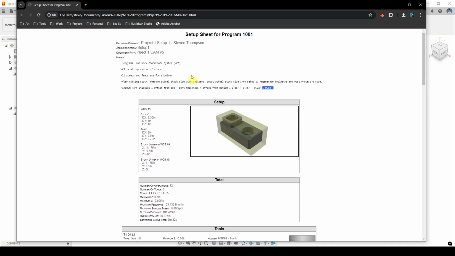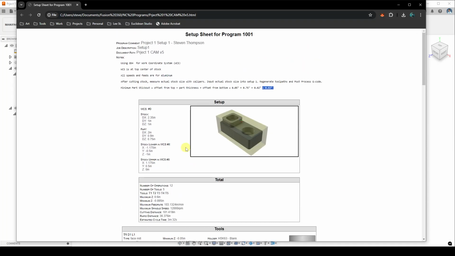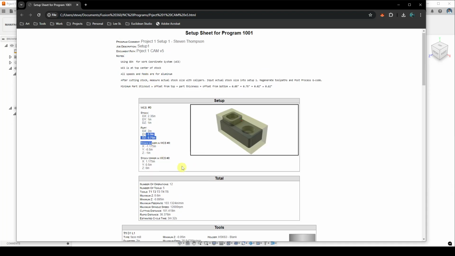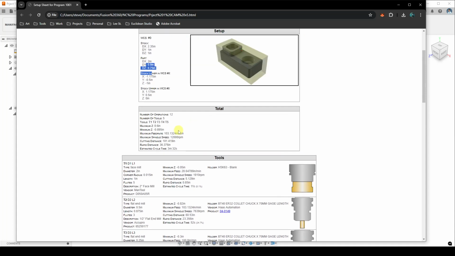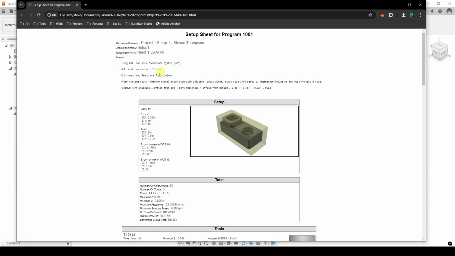Okay, so that is the setup sheet. I would recommend printing this or saving it as a PDF. You just go to your browser and do Control P, or File, Print, and save it as a PDF or print it out. But note that if you make any changes to your program, make a stock change, make a change to your